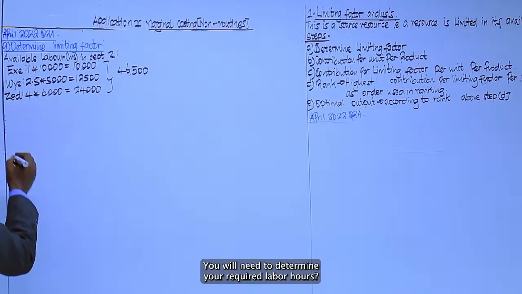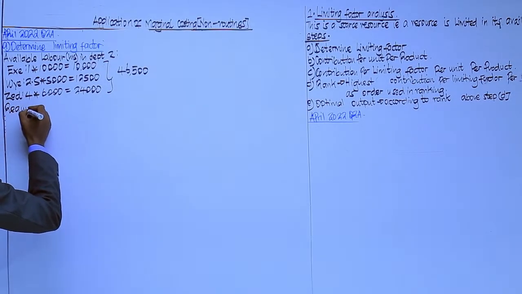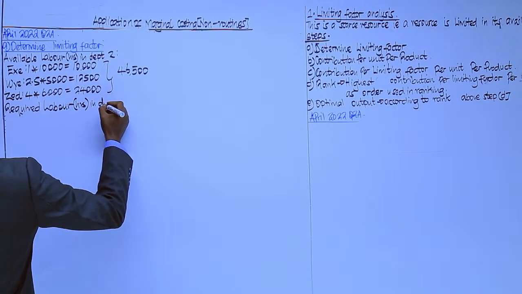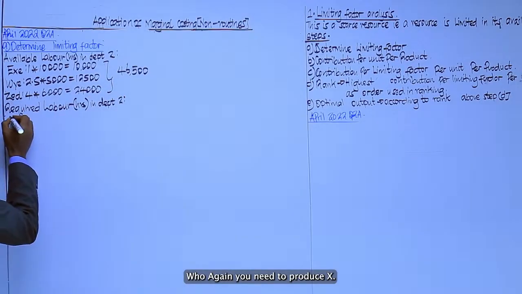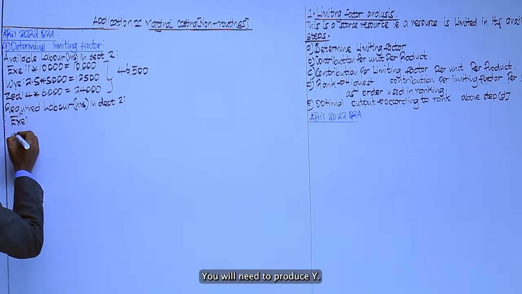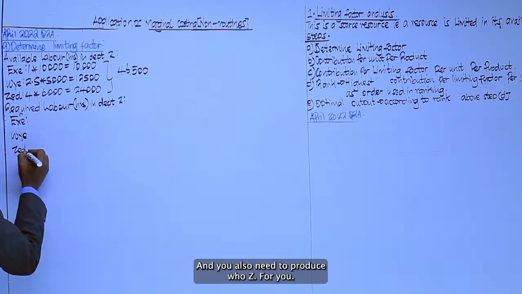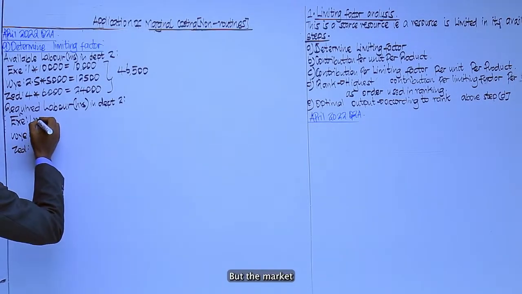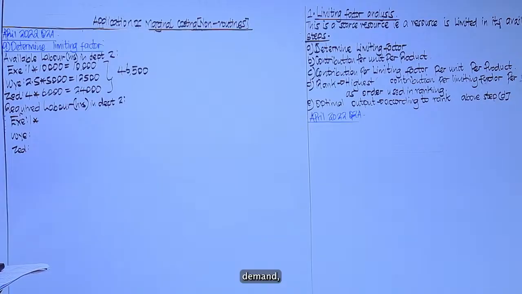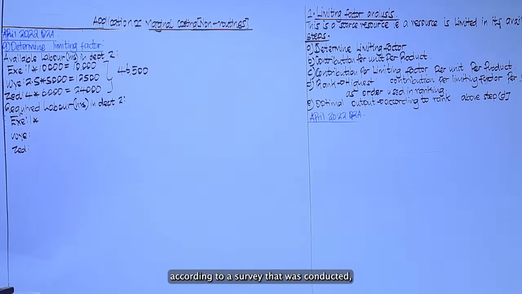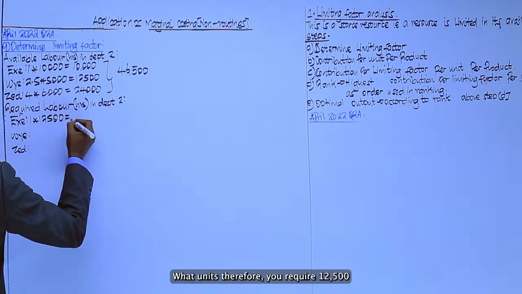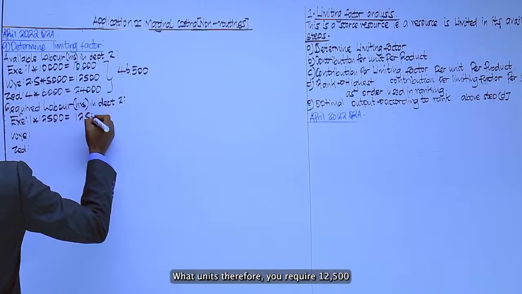You will need to determine your required labor hours in department 2. Again, you will need to produce X, you will need to produce Y, and you will also need to produce Z. For you to produce a single unit of X, you need 1 hour per unit, but the market demand, according to a survey that was conducted, is that you have a potential to sell 12,500 units. Therefore, you will require 12,500